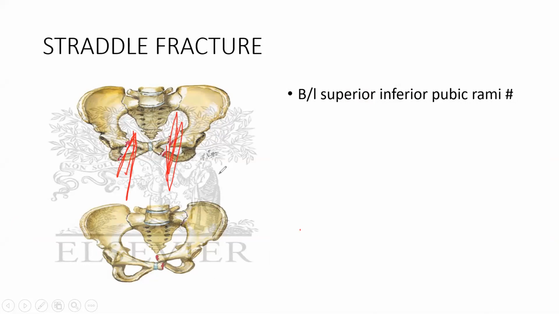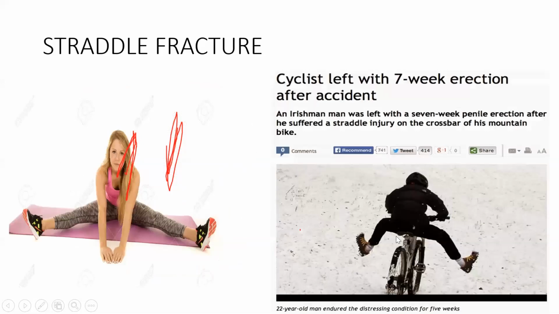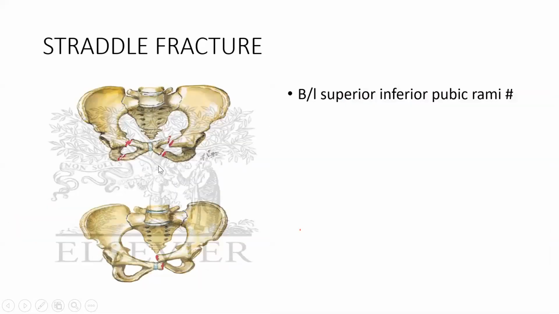Okay, in a straddle fracture it's very common that you have urethral injury, you have penile injury. Okay, you have urethral injury, bladder injury, penile injury. Straddle में बहुत common है, because see the position, obviously if you got fracture in this position, okay, by bicycle or in this position, obviously you got your bladder, urethral and everything rupture. Okay, genitals rupture. So this is straddle fracture. Rami fracture, superior inferior bilateral Rami fracture.